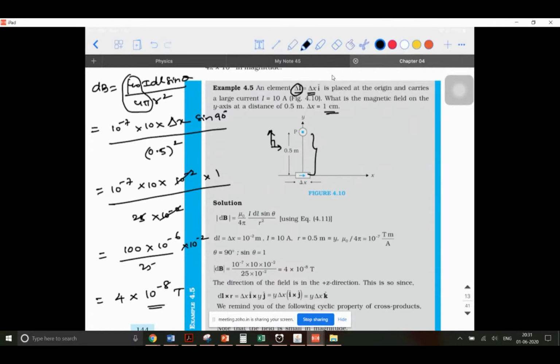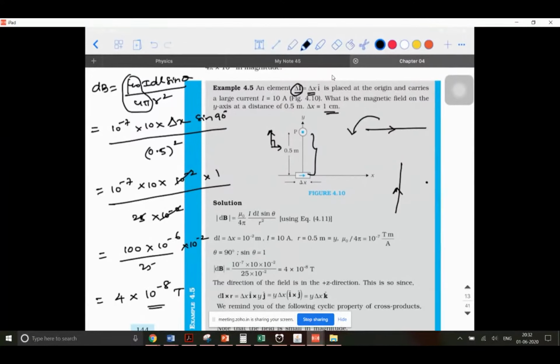Now, how to find the direction? So for direction, you are going to again apply the right hand thumb rule. I am leaving this part to you. You know how to do it. See, if the current carrying conductor is like this, you always tilt and see. So if I turn this anti-clockwise, that is, you turn your paper anti-clockwise and see, then you can observe that the current carrying conductor is in the upward direction. Remember only this point, you will get all the answers.